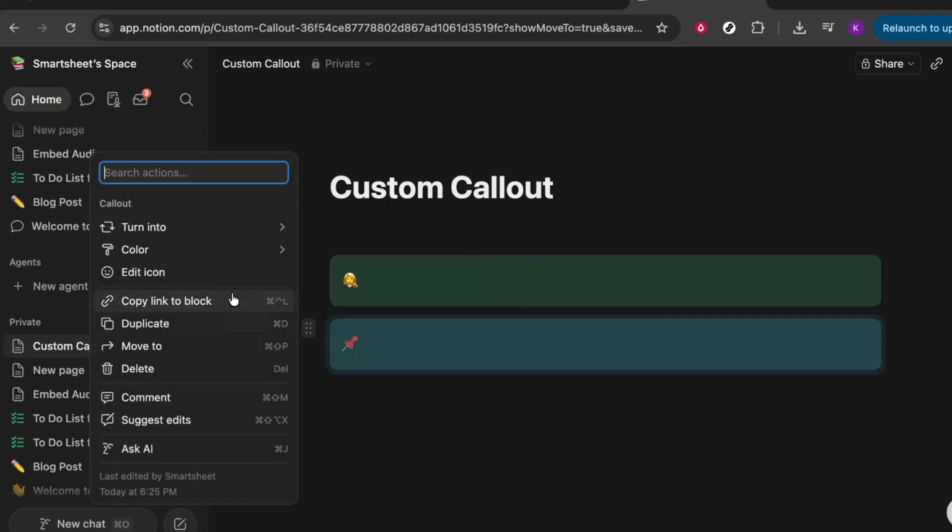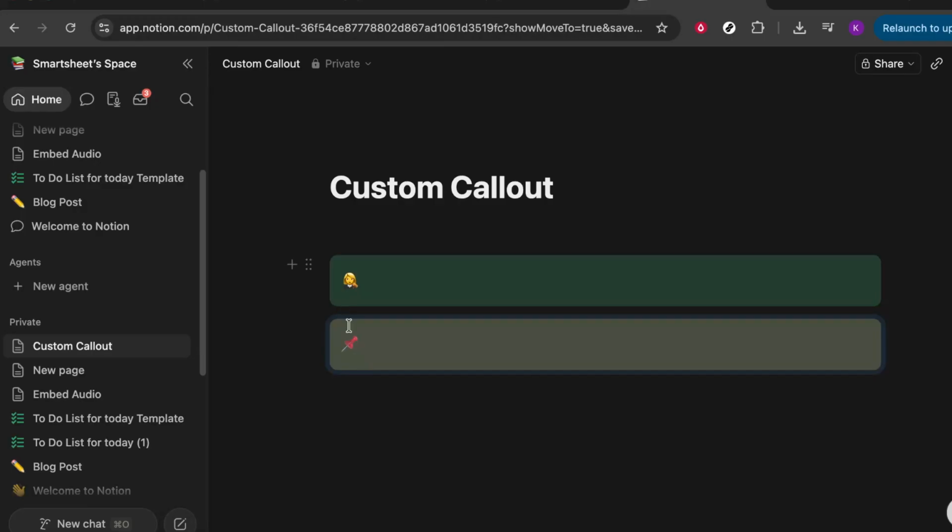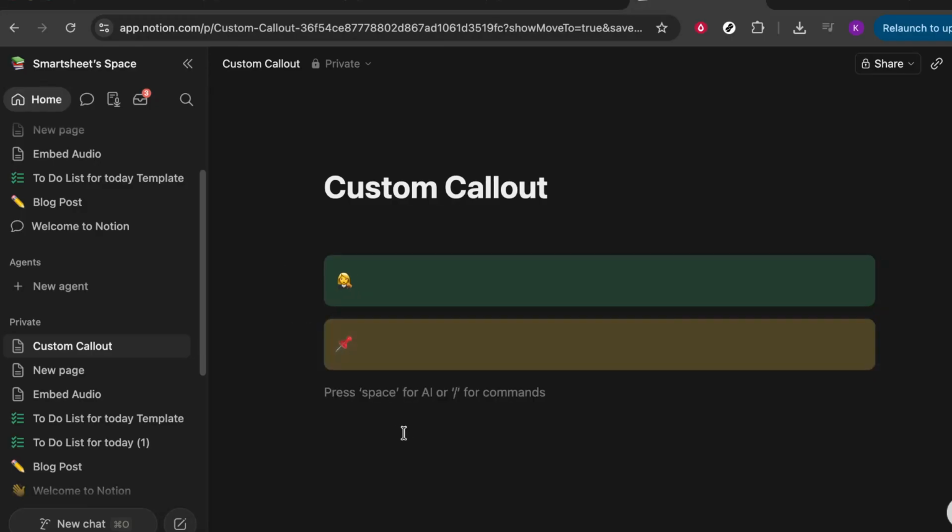And there you have it. With just a few clicks, you have learned how to quickly create and personalize a callout, tailoring it to suit your specific needs. Whether you choose to use these skills